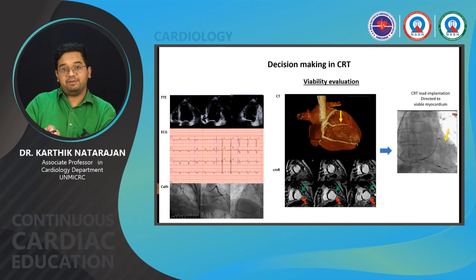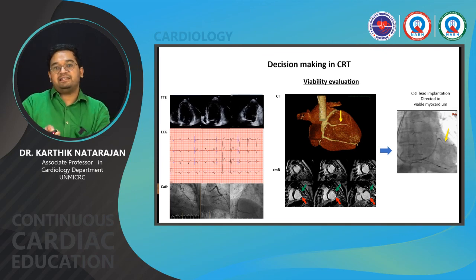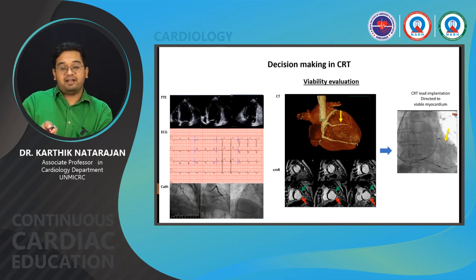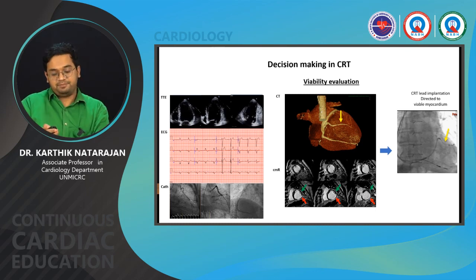coronary sinus anatomy. And generally it is said that where you have a scar, the LV lead should be placed away from it. So you can see on the CMR that the scar is close to the inferior wall and the posterolateral wall is free of a scar. So we implanted the lead directly to the viable myocardium, and post this CRT implantation, the patient's QRS became quite narrow and the patient who had to be admitted recurrently with heart failure did not require any further hospitalization.